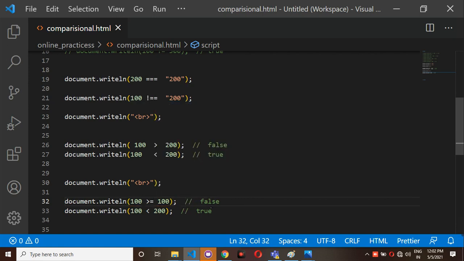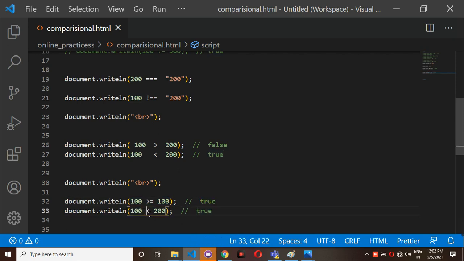So in this case we will get true as the value, because this 100 has to be at least equal to this 100, or this value is greater than this one. Both values are equal, so in this condition you will get true as the output.